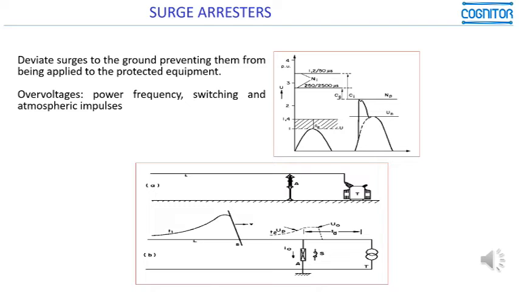Then we arrive at certain characteristics of the specifications of surge arresters, and we explained many details on surge arresters in chapter 6 of this training about transients and insulation coordination. But just remembering here, when you have one lightning arrester, one surge arrester, in this figure, in the lower part, you see one transformer and one surge arrester.